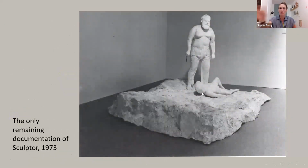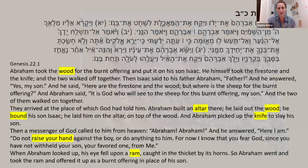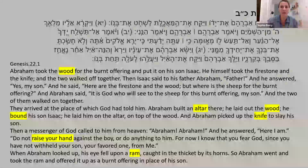Now, before we move on further with this sculpture and how the renovation went, I feel like we need to backtrack a little bit. In order to talk about the sacrifice of Isaac, we need to first go back to the story itself, to the simple text from Genesis, which we read only twice a year, right? We read it when it's the parasha, when it comes up in the order of the reading of the Torah